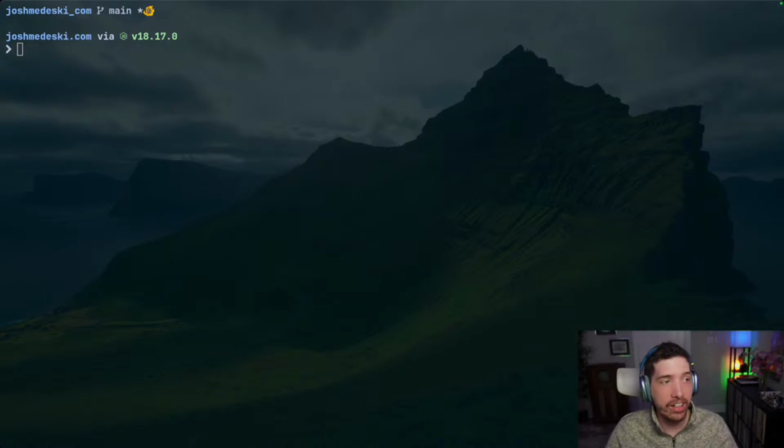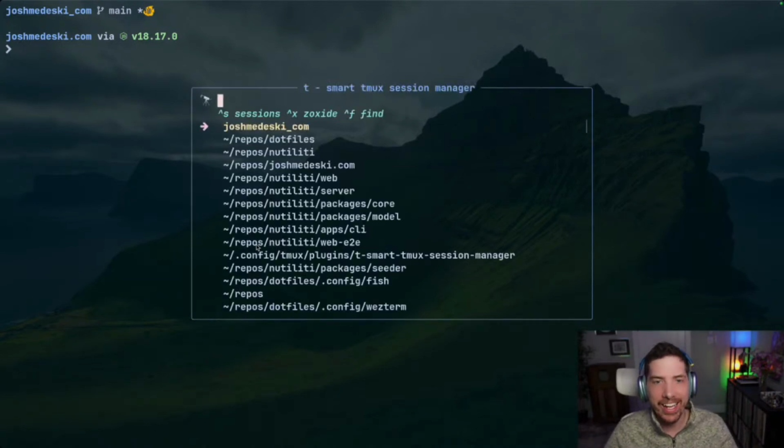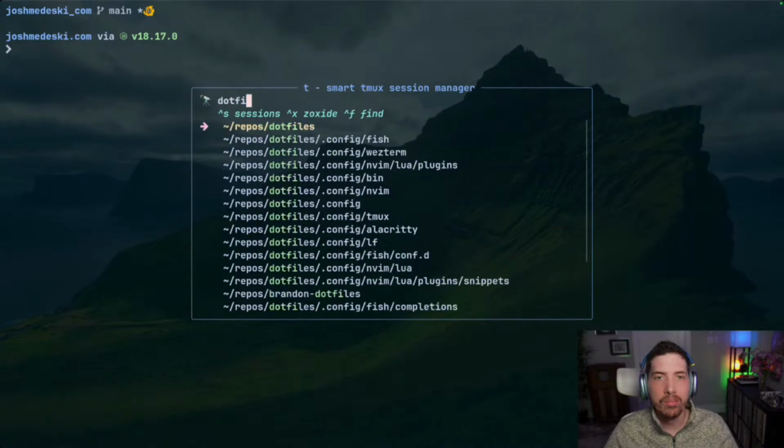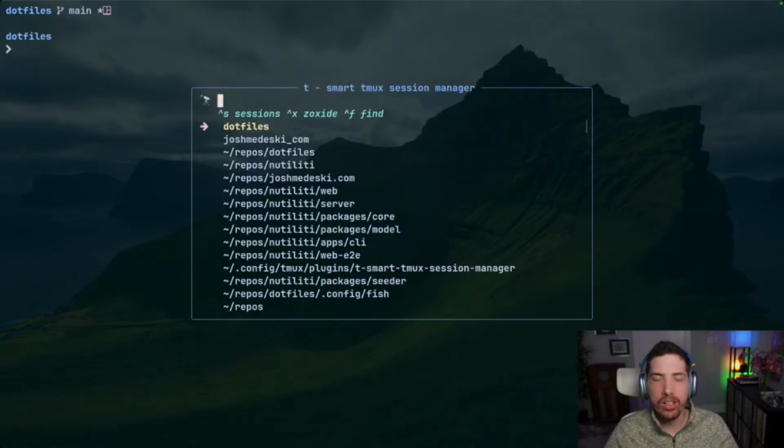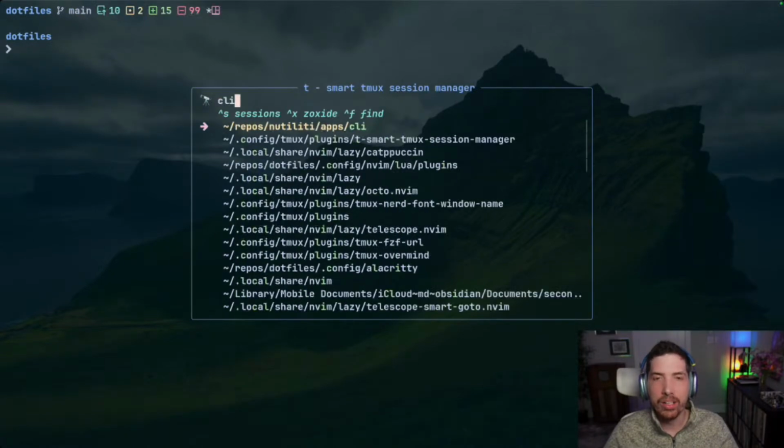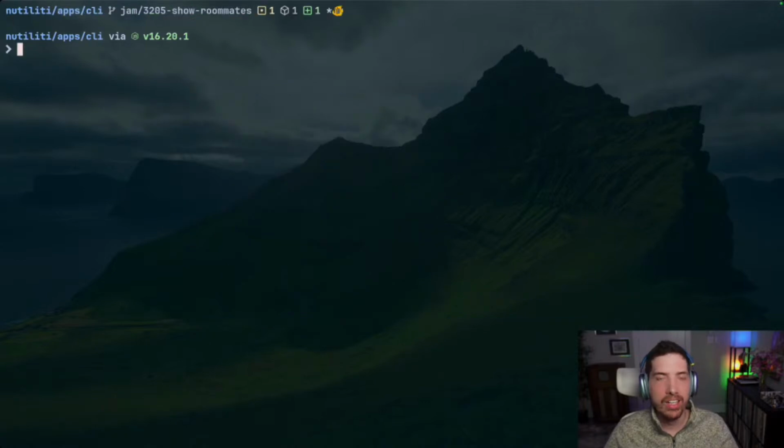I think it's my favorite thing about Tmux and the reason I haven't switched. And I have it bound to Command K, so I can get to other projects like my dot files, right? Or my work projects. Like there's a CLI package that we create. And so